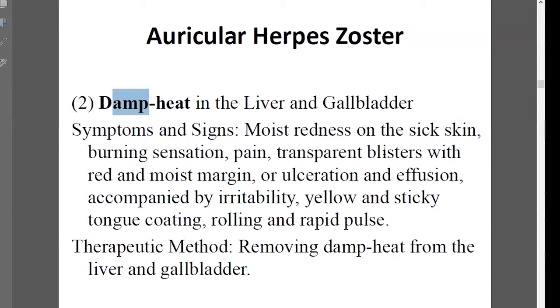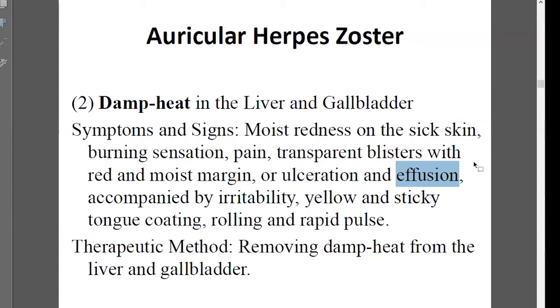and blisters in there. But usually this kind of blister is more moist, and sometimes even has ulcers and effusions. So that's locally. And for the general symptoms, we still have the symptoms related to liver gallbladder heat, like irritability, emotions, easily angry, and the tongue could still be a red tongue with yellow coating,